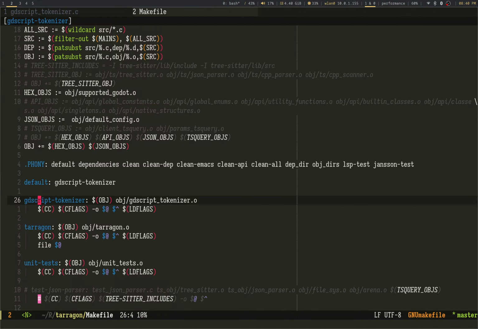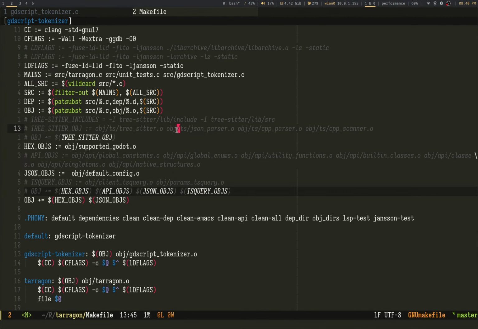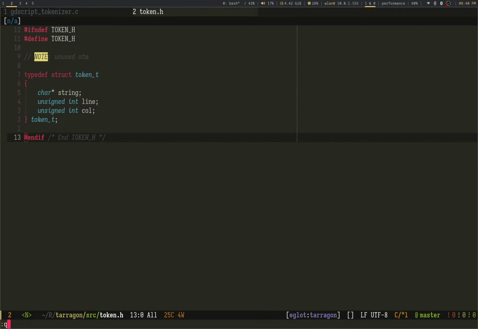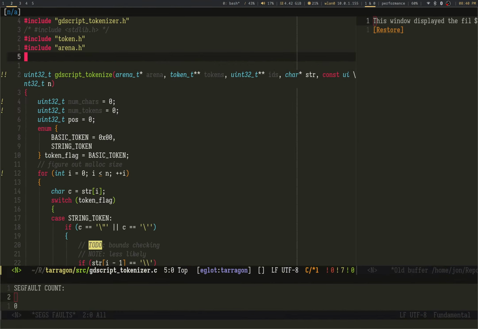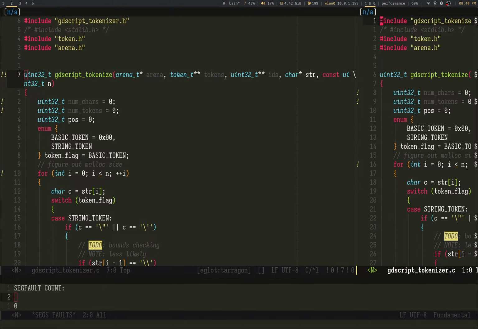I should make a cool pattern that does this for me, but I'm not going to. I could definitely make a pattern here, but I'll manage my makefile later.